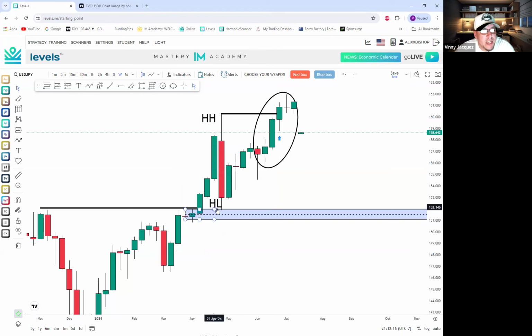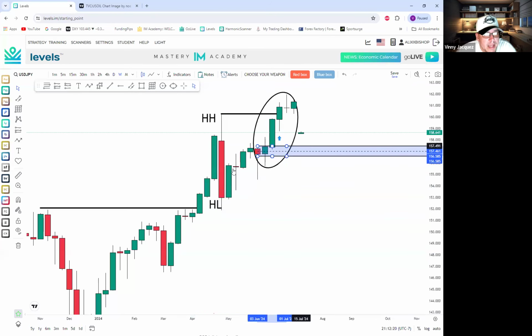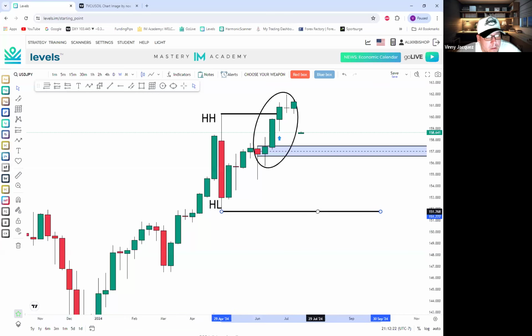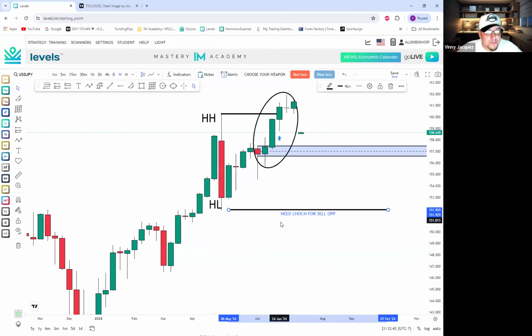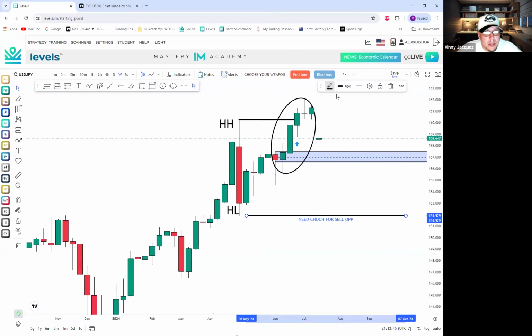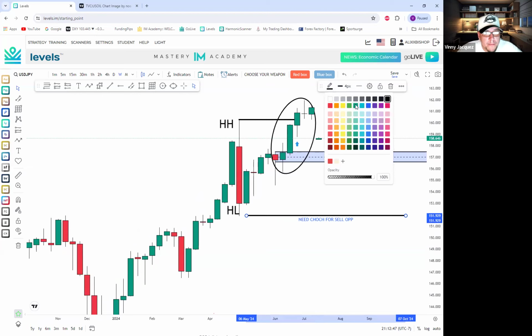Right? So now look, my change of character line, guys. My change of character line has to be right here on the weekly time frame. Need change of character for sell up. Oh, snap. Boom. So now look, even if the market wants to go ahead